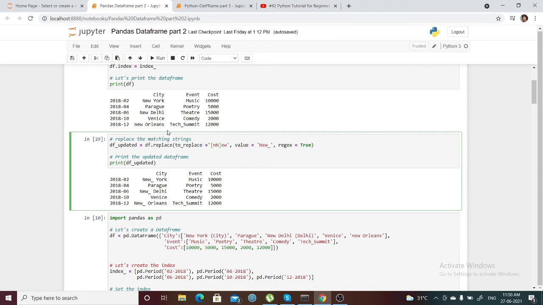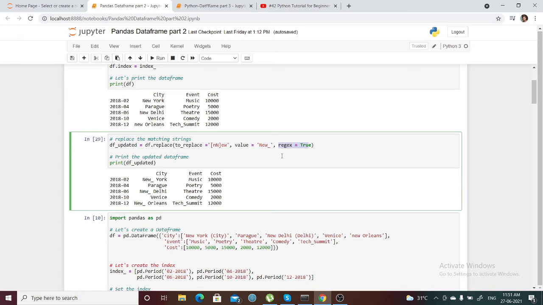In the bracket, that means in place of small n or capital N, from the start of the word. In place of capital N and small n, where the word New is there, I'm assigning whatever new desired value I need. And we have to write regex equals True, because we are not manually importing regex, as we used to do to use external functions.